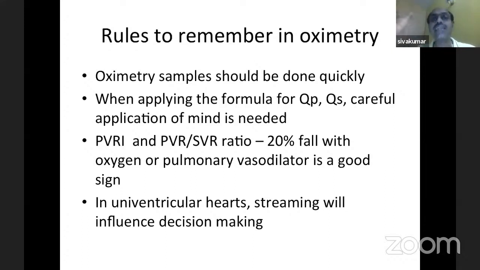But at a higher saturation, when you are having the same amount of step up, the QP will be enormously high. So while the general dictum is that a step up of more than 7% is significant, if your numbers are at the lower levels, then it can be ignored. But if it is at the very high level, it needs to be given a lot of importance. This is very practical whenever you are in an operating room, when the surgeon has closed the VSD, closed the PDAs, and now before coming out of the operating room, he wants to do a final saturation check.